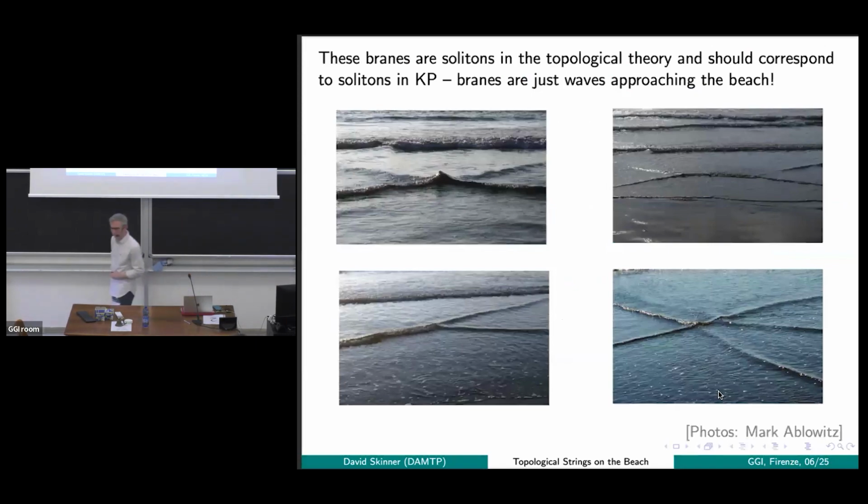And what should those branes be? Well, they're just solitonic solutions to the supergravity, if you like. So they should somehow be solitonic solutions in this non-commutative Chern-Simons theory, which amounts to saying they're interesting rank 1 bundles, they're non-commutative monopoles on twistor space, but obeying these particular boundary conditions. And what are the solitonic solutions in KP? Well, they're exactly these water waves.